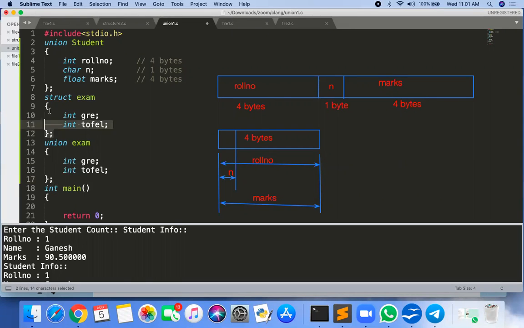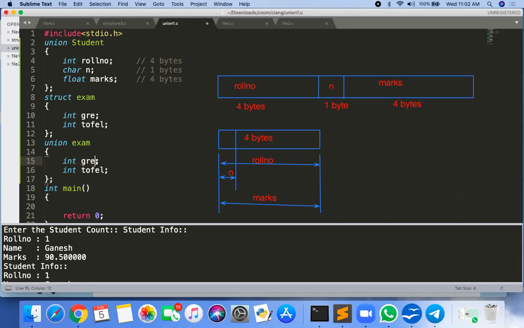If I'm going to use the structure, then if I have stored the TOEFL, the memory for GRE gets wasted. If I store the marks of GRE, the memory for TOEFL will be wasted. But here no memory is wasted, because the same memory is allocated to GRE and to TOEFL.